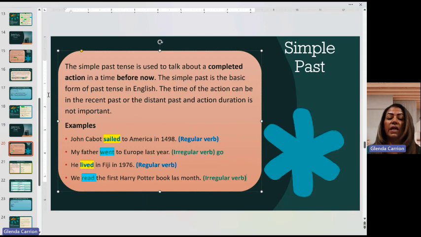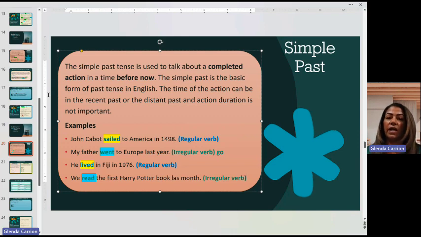Because read and read are irregular verbs. They don't change the way that we write them, but they change the way that we pronounce them. So yes, irregular verbs can be a little bit tricky, but that's why there are a lot of